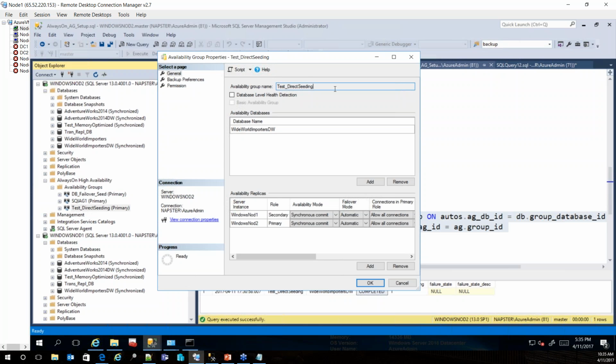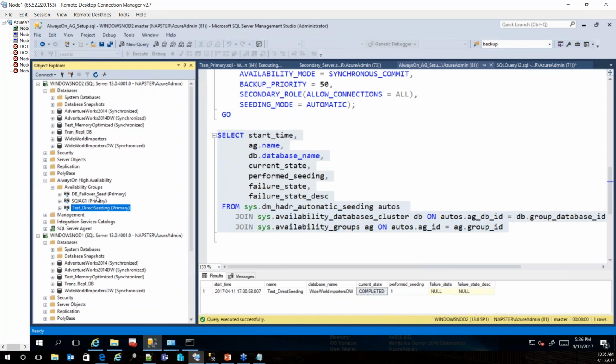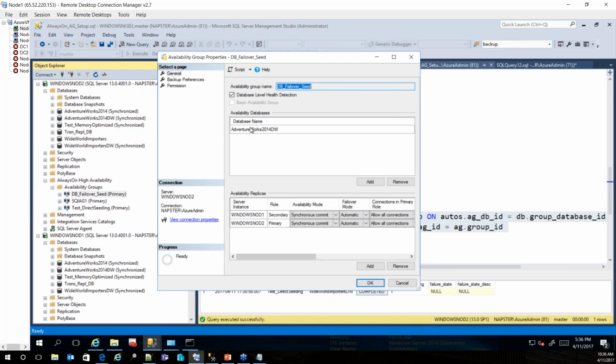I do not have the details of what exactly are the changes we will introduce at this point, but there is some work going on in this regard. So let's quickly see how this works. Right now I have an availability group which is online on my Windows Node 2 and has this database